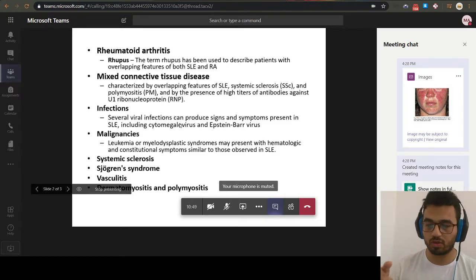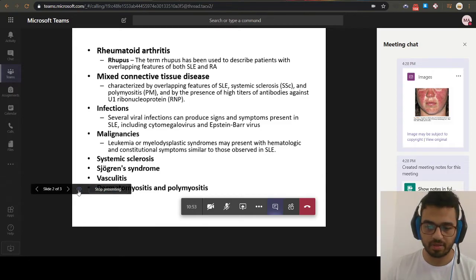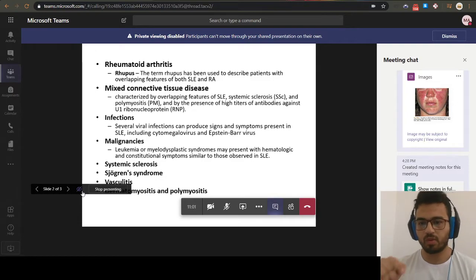If I want to control what they're looking at, I can press this eye button, the eye-looking icon. It says prevent participants from moving through shared presentation on their own. If I click this, all of them will see only what I'm showing. Okay? Even if the members are not presenters, even if they're just attendees,